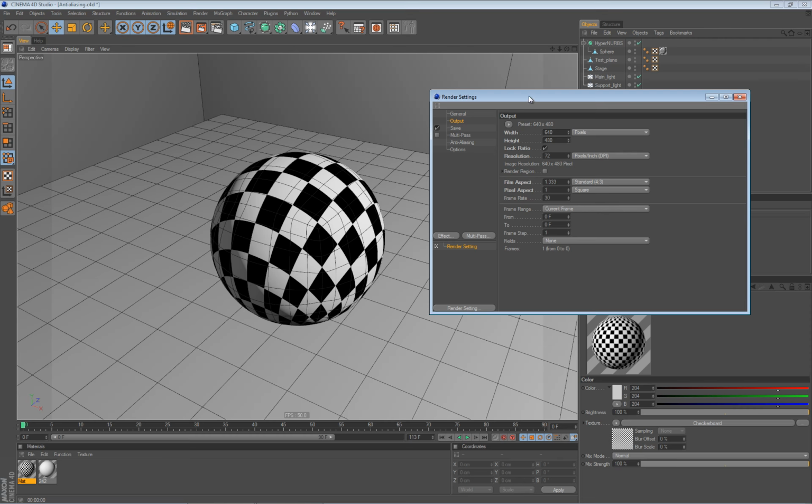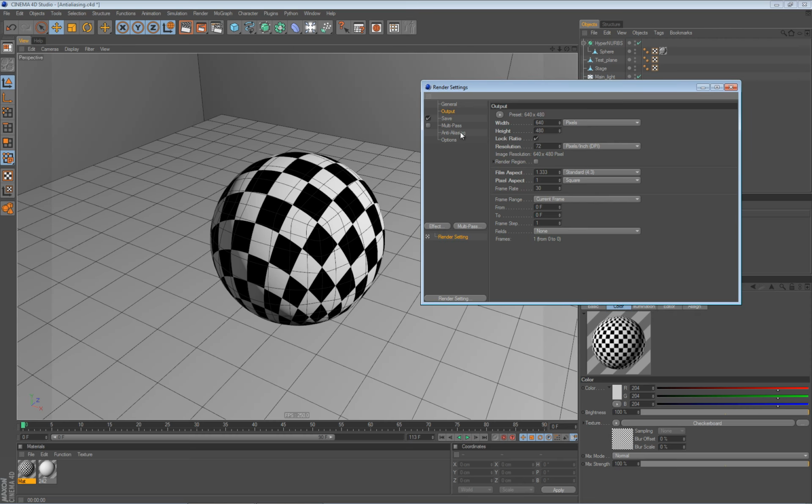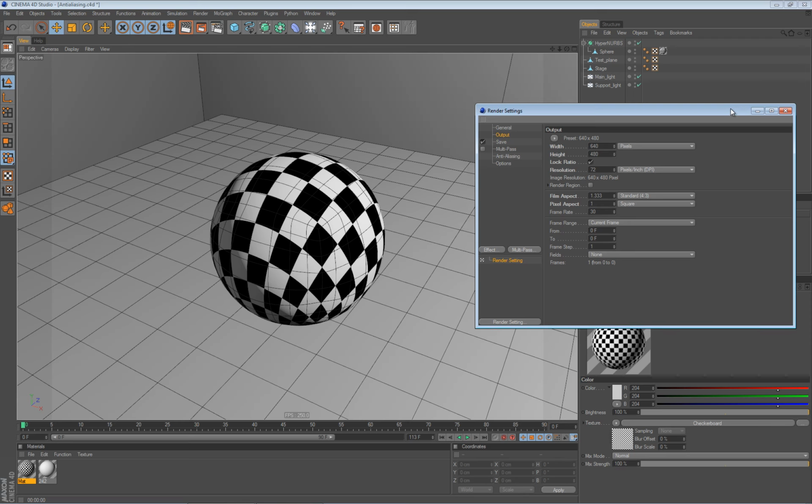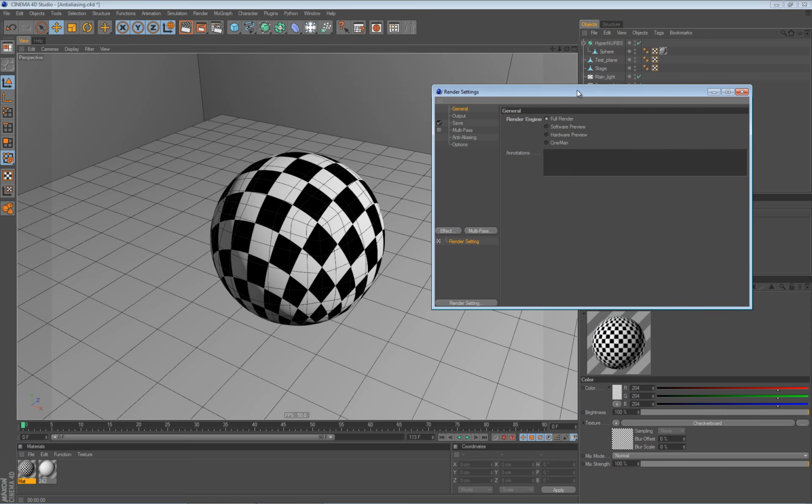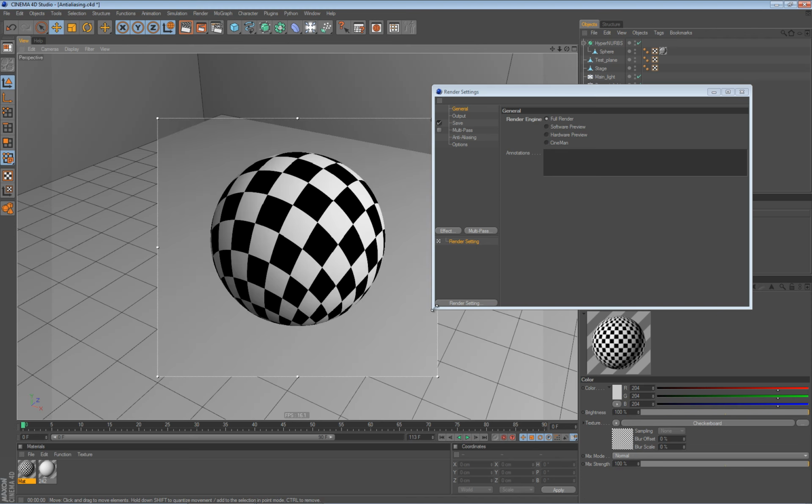Along with this first setting I want to cover, and that is anti-aliasing, which I will refer to as AA from now on. Here under General, you have an option to choose Render Engine. This full render means it will render everything with all the bells and whistles that you have set in materials or everywhere else. Without being too technical, this software guy means it will render as it is in the viewport, and hardware means as it is in the viewport but with OpenGL. This cinnamon guy is related to something completely different regarding cinnamon materials, which is a Pixar thingy,